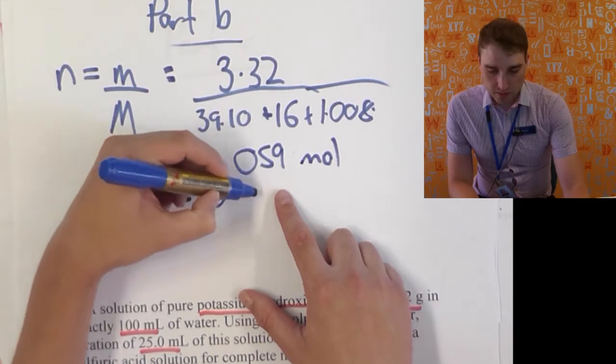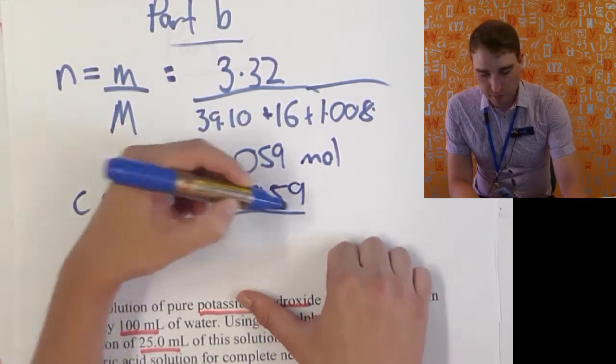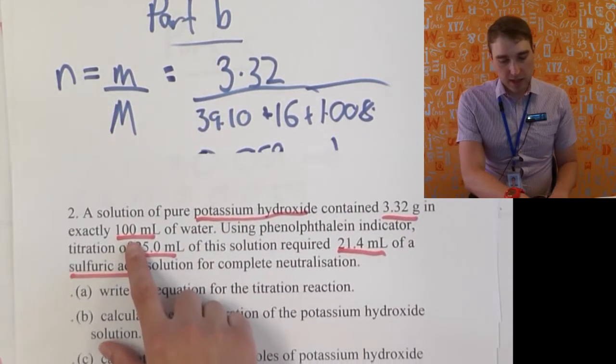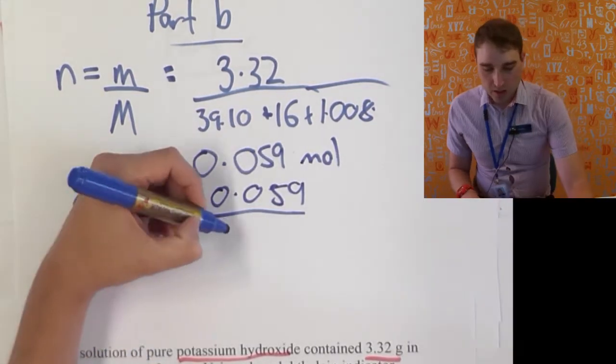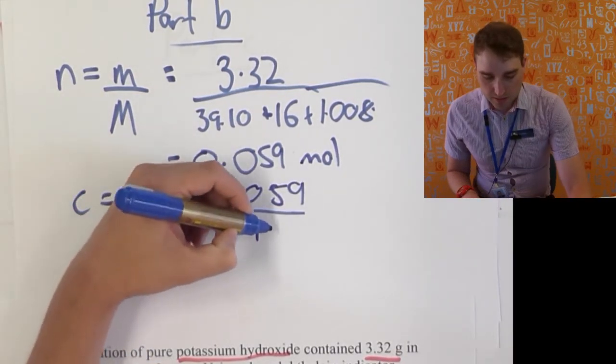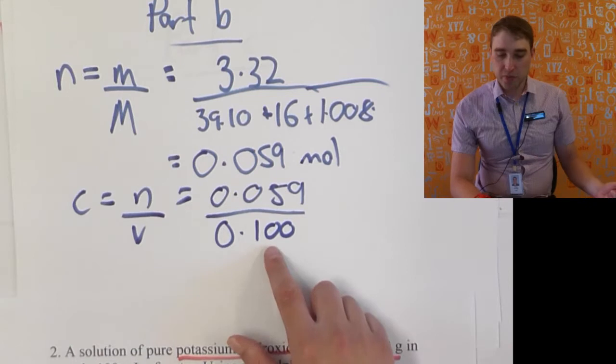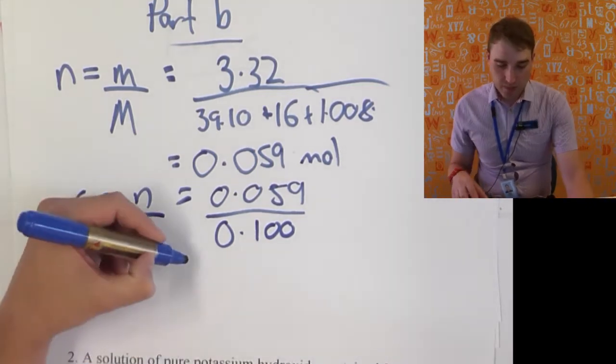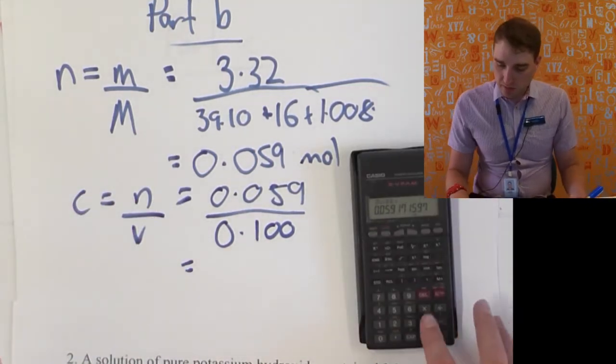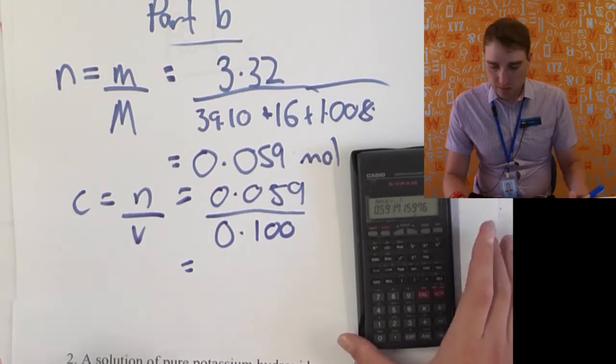So we've got 0.059. We'll divide that by the volume. It's in exactly 100 mils of water. We need to turn that into litres. So 100 mils of water is 0.1 of a litre. So chuck that in the calculator. You probably don't need the calculator for that one. So we should get